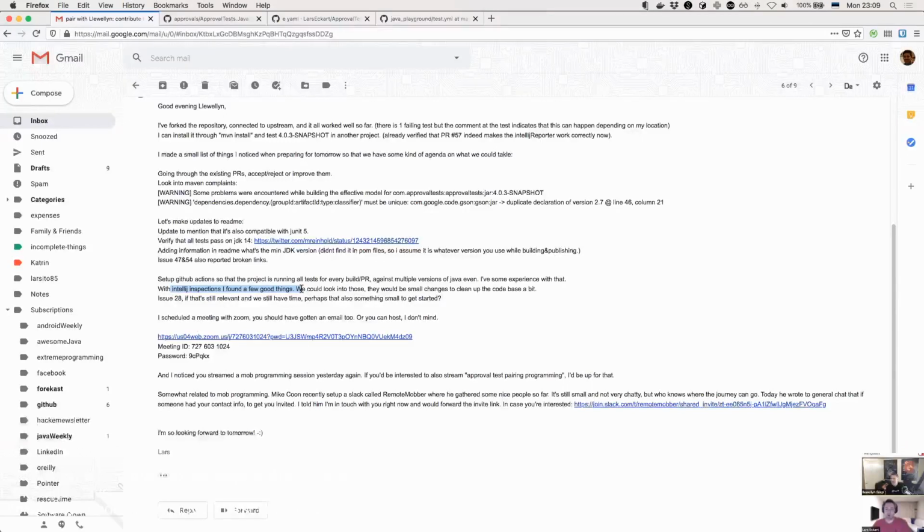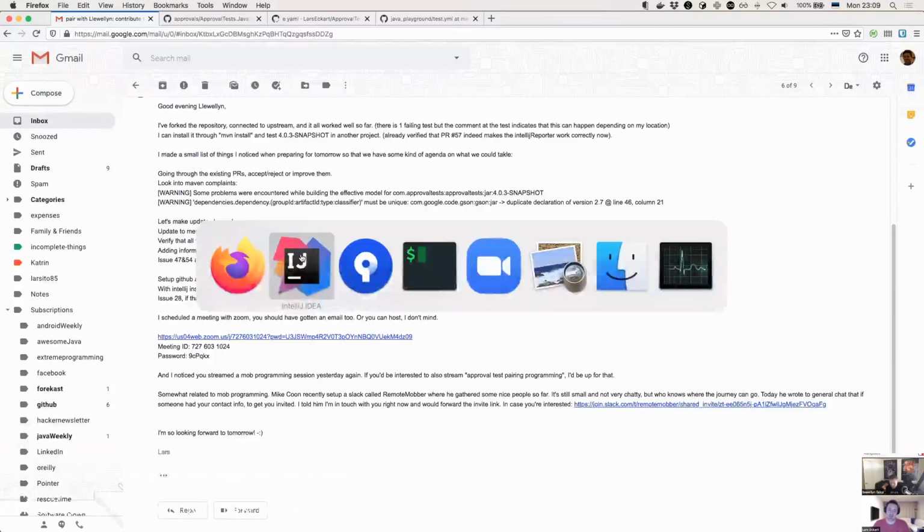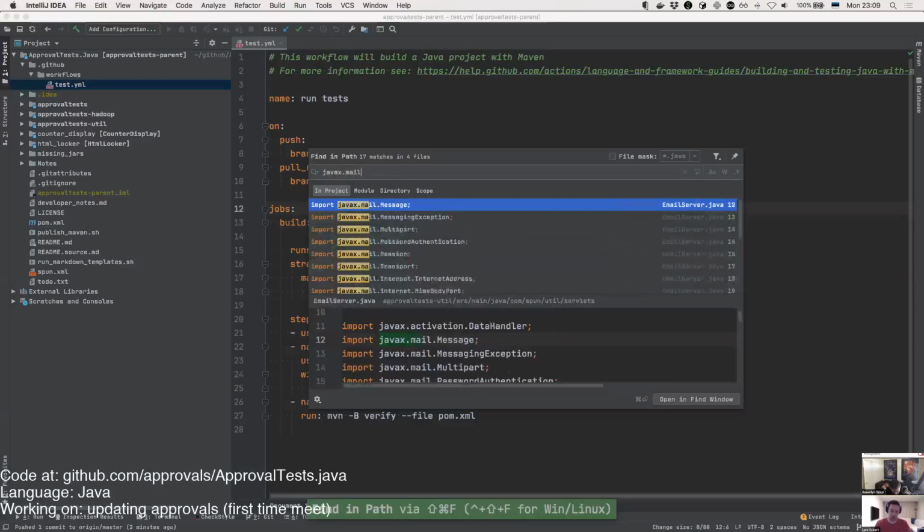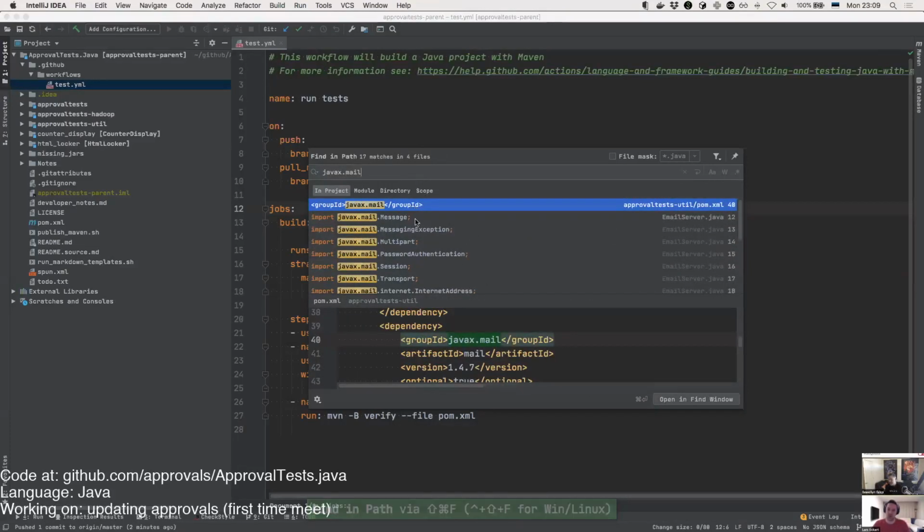One more question I had, which I encountered lately. I updated CyberDojo, the Java with approval tests, and noticed that you suddenly require the javax.mail dependency or the jar file in your path. Can you clarify where this is coming from, why we need this? So let's take a look at it. The reason that you would need that is to verify an email.